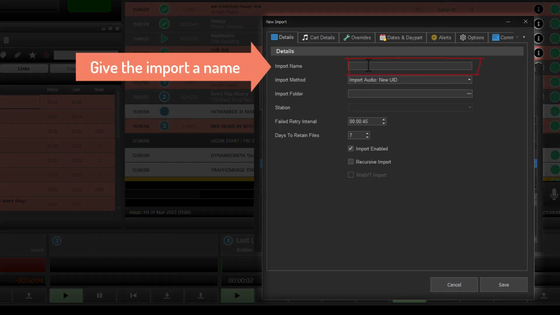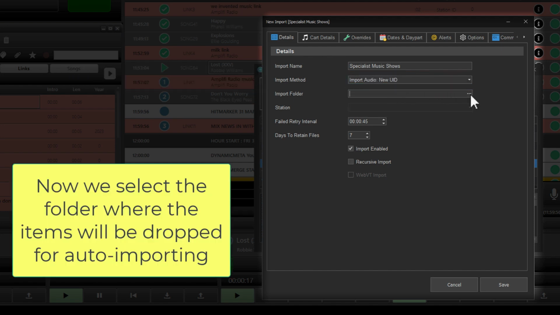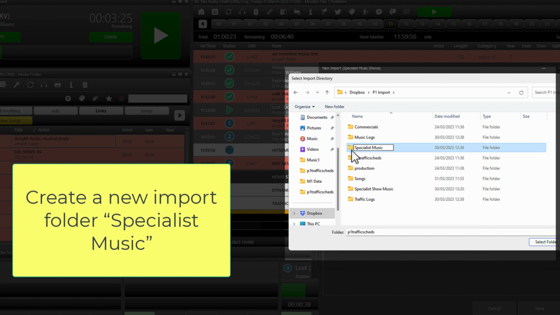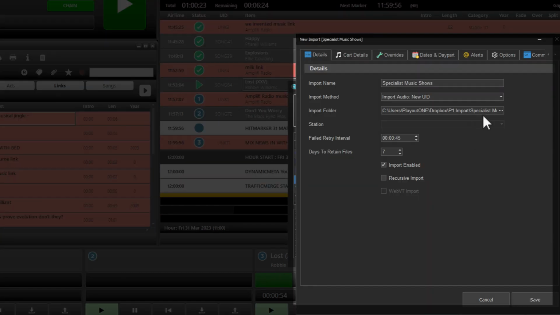So we're going to give the import a name. In this example, we're going to call it Specialist Music Shows, for, say, music shows. We're going to use a new ID for import audio type. Import folder is where we set the folder in our import directory. Now you can use Dropbox for imports, and I'm going to create a specialist music folder there in the